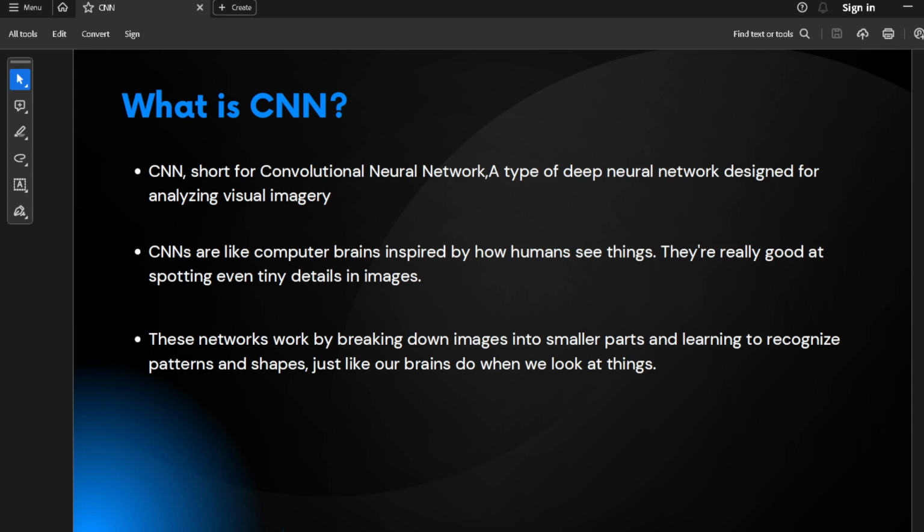CNN stands for convolutional neural network, which is a special kind of neural network that processes grid-like data such as time series and images. CNNs are particularly useful for finding patterns in images to recognize objects. CNN is the most popular and successful neural network. CNN is inspired by the human visual system. The idea behind the CNN is to mimic some of the remarkable ways our brain recognizes patterns and features.